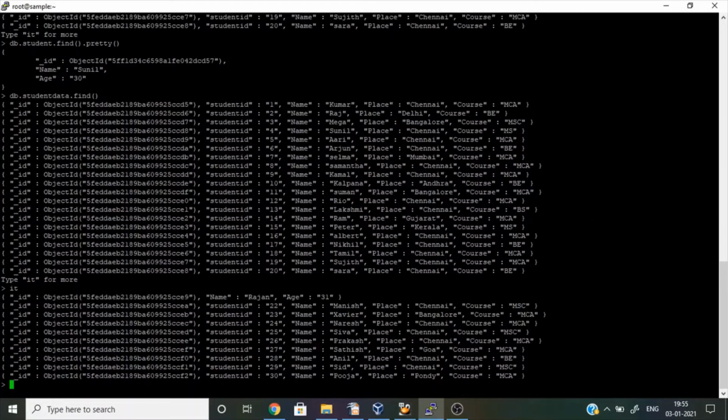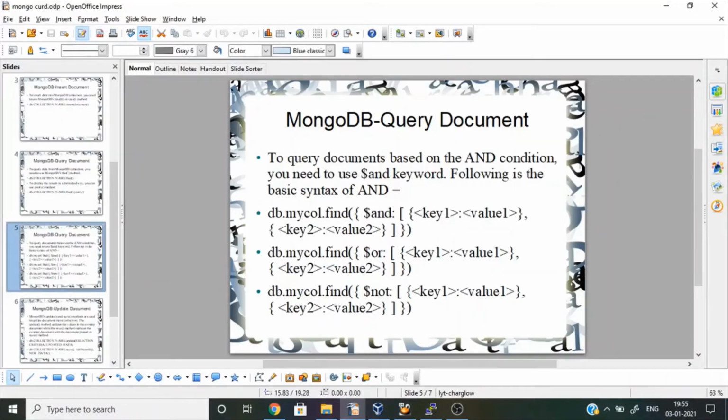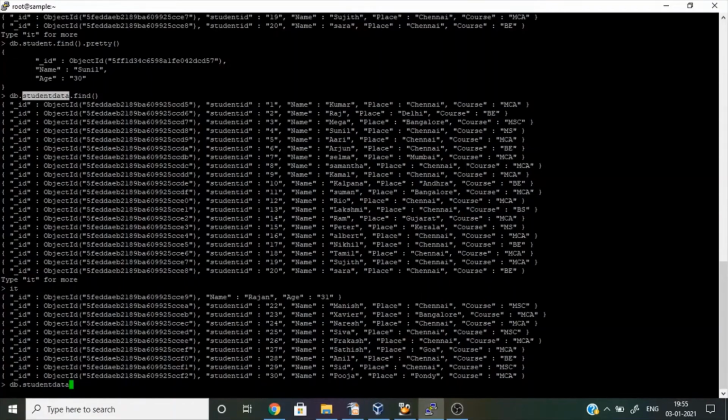I'm going to query with an AND operation: db.student data dot find, and then you give key values one and two.